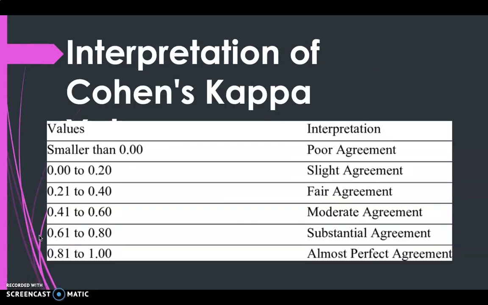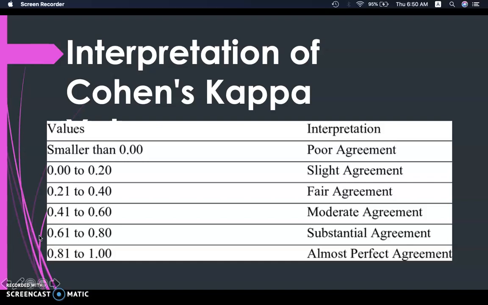At last, let's interpret Cohen's kappa. The values range from 0 to 1. 0 means totally no agreement, and 1 means a perfect agreement. Of course, the question I always receive is, what value of Cohen's kappa is deemed acceptable for research? Look at the chart. I would say the value must be above